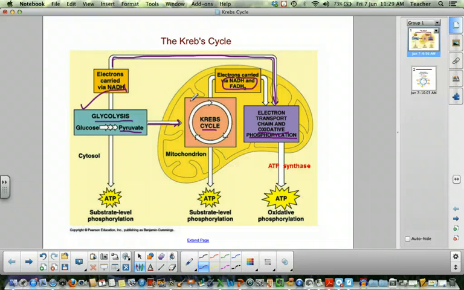Remember, what you want to take notes on here is the summary of the Krebs cycle. And you want to make sure you understand the reactants that are going in, and I'll point those out as we go through, and of course the products that are coming out, and any other important information that you think you should be writing down, do that, and then if you have any questions at the end, you bring them to class, and I will certainly answer those for you. So let's have a look then